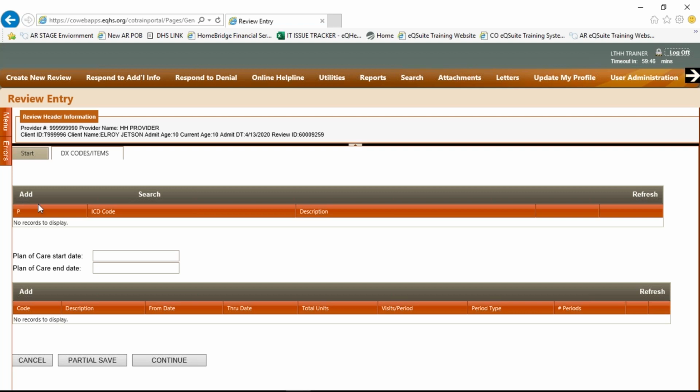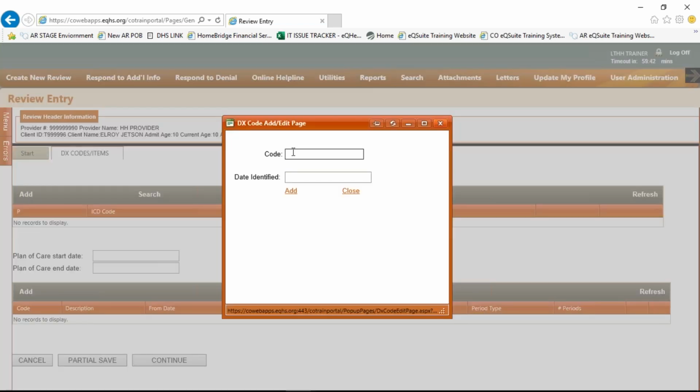To enter the diagnosis code, you will click on the first Add button, and you want to make sure that when you enter this information you do not use any decimal points. If you do add a decimal point, it will give you an invalid error code message. So just make sure to remove the decimal and you hit add or enter on your computer, and the description of that code will generate. The date identified will automatically generate to the start date of services that you entered on the Start tab. And once you've entered the diagnosis, you will just click on Add,